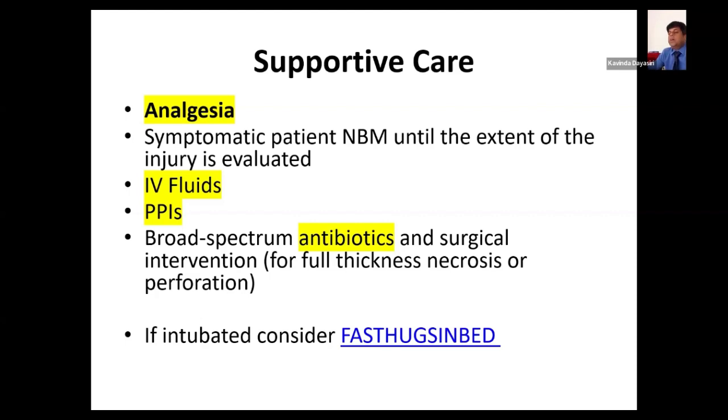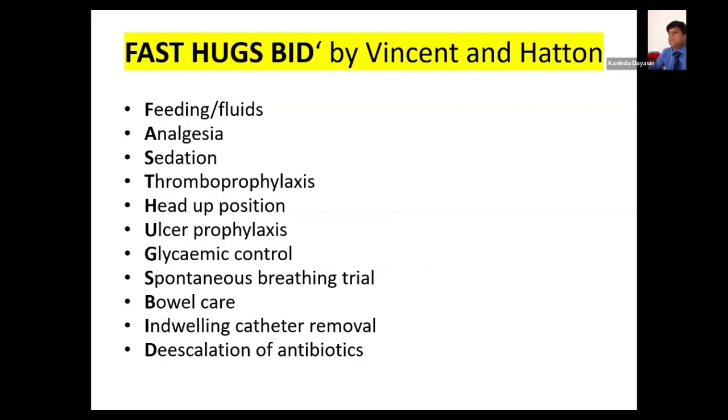These are the aspects that we need to think of, but not necessarily that we need to do everything, right? So think about giving fluids, feeding, so making sure the patient is well hydrated, analgesics, sedation. It's quite useful in the presence of severe pain. Thromboprophylaxis. Sometimes these patients are immobilized for a certain period of time, especially when they have cutaneous burns. So thromboprophylaxis, head-up position, to prevent aspiration, prophylaxis for gastric ulcerations with proton pump inhibitors and H2 receptor blockers,